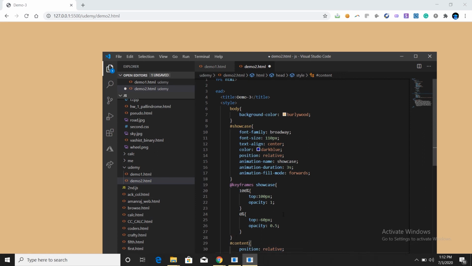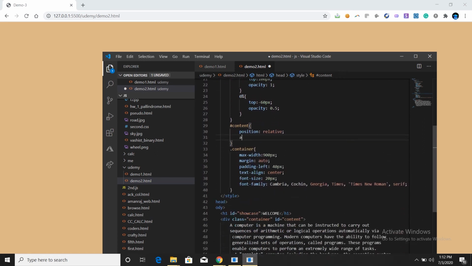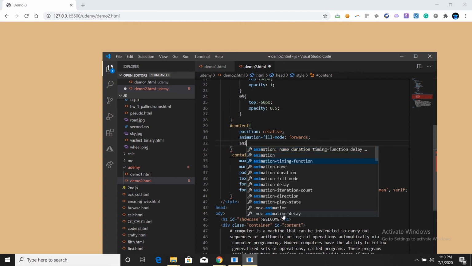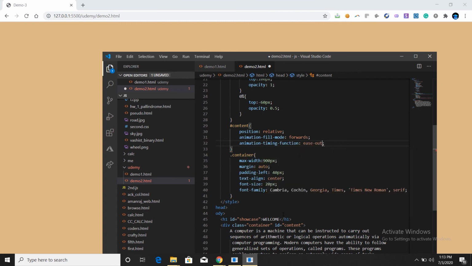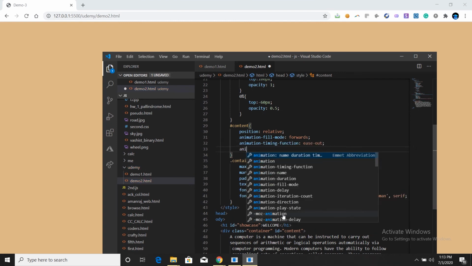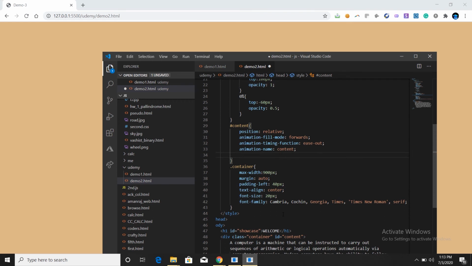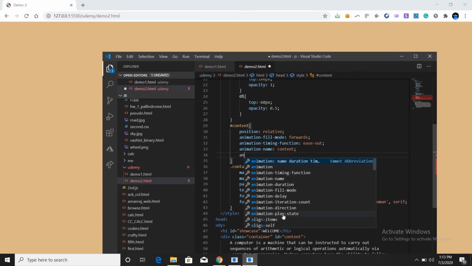Give some animation name, duration, everything. First of all, animation fill mode will be forwards. Animation timing function will be, let it be ease out. Animation name, let it be content only. Then animation iteration count, make it 1.